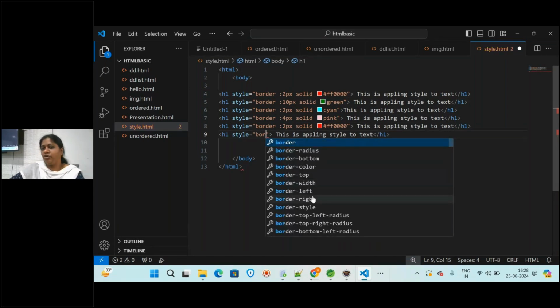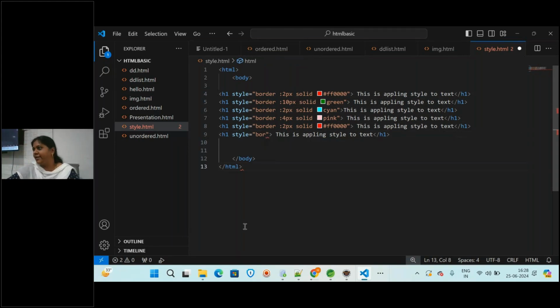Okay, so all of you please do it, and tomorrow you have to tell me how it has been applied. You can use the style tags, all these things, and just tell me how it is going to be applied and what output you are getting. If any doubt is there, we'll discuss setting the width and height. Okay.